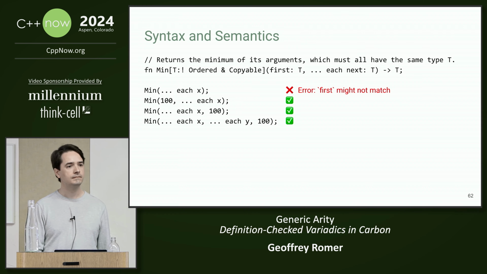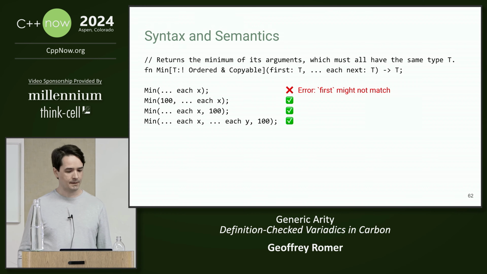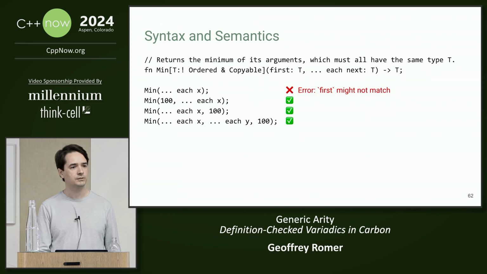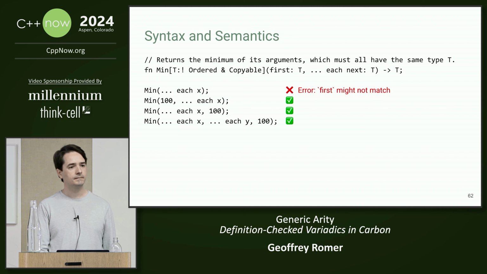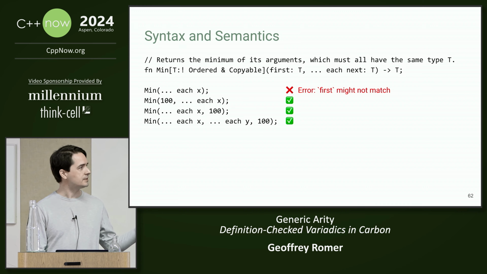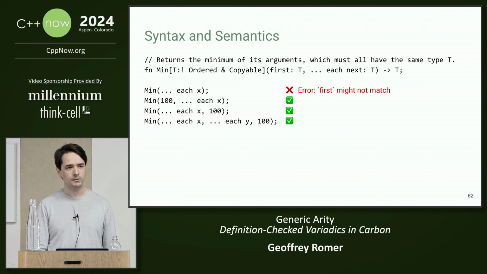So, is there a way to assert to the compiler that the pack has at least one element? At present, no, except by using the sort of first next trick. Because we do that a lot with a requires expression. Okay. Yeah, we actually spent a while trying to find a syntax like that so that you wouldn't have to use this first next trick and could just state it more directly, but we couldn't come up with a syntax that was